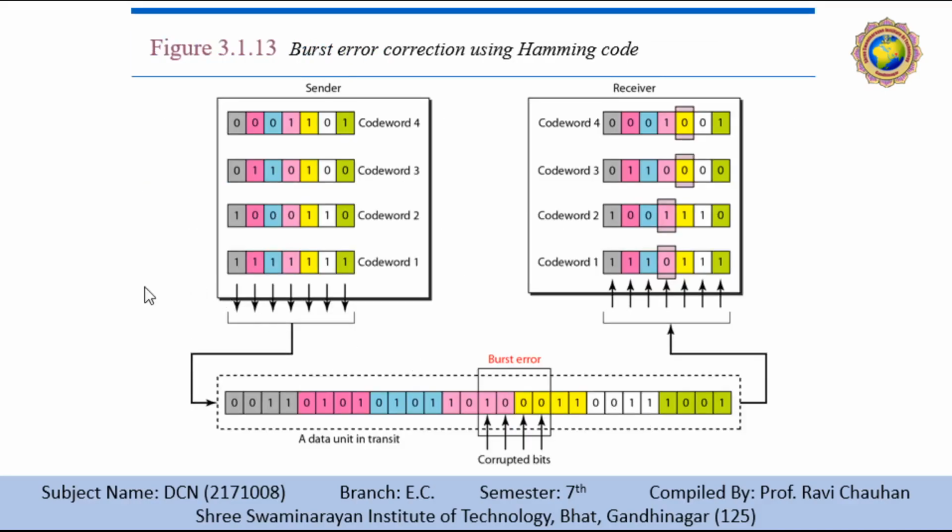Now, the important parameter: performance. A Hamming code can only correct a single-bit error or detect a double error. However, there is a way to handle a burst error, as shown in our figure. A burst error can be corrected with the Hamming code. The key is to split the burst error among several code words, with one error for each code word.